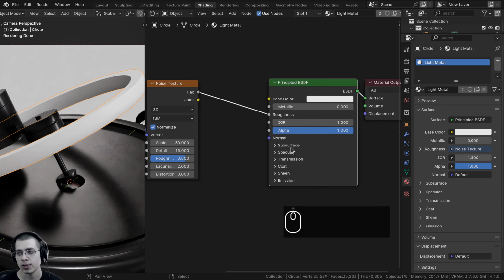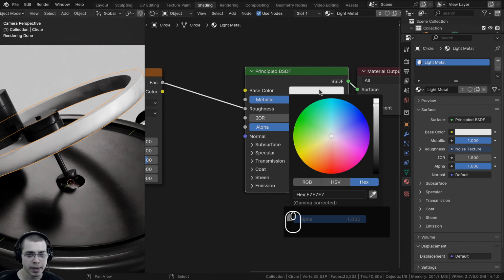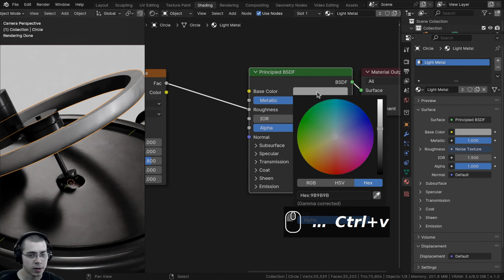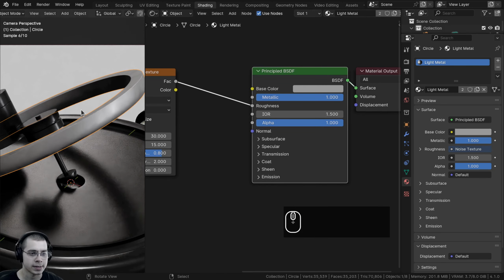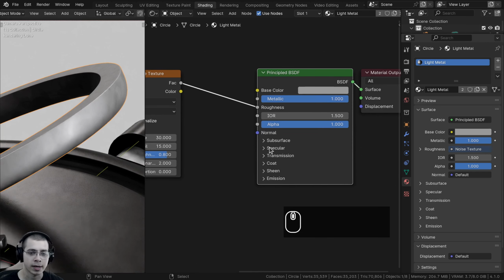And I want to make this material look like metal, so we'll turn the metallic value all the way up to 1, and then this base color here, I want to make it just a little bit darker. And the exact color that I'll be using for the base color is going to be a hex value of 9B9B9B, so you can punch that into the hex value if you want to use the same exact color that I'm using. Now this metal material is way too rough and I want to make it more shiny.